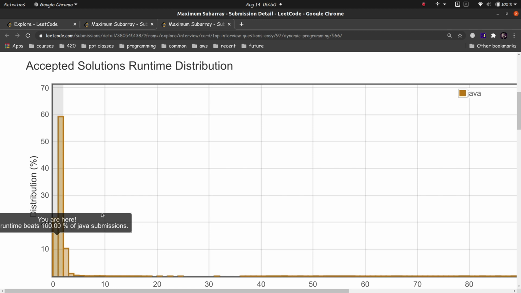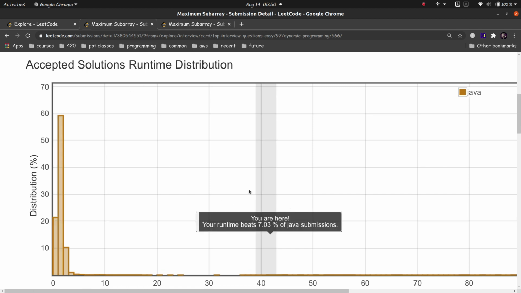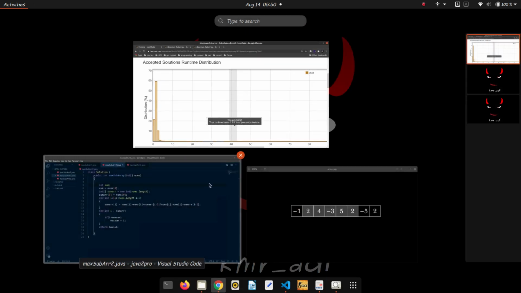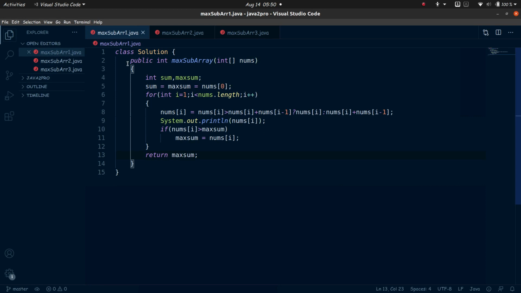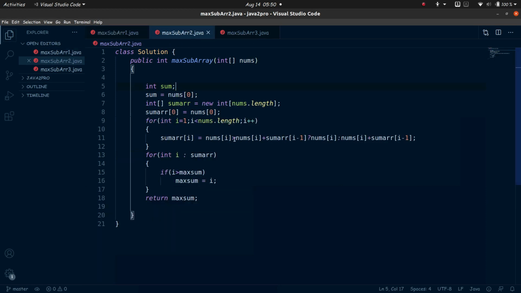So this is a good one, but this is not a standard one. I just devised it myself. So I'll show you this later. Let's go and see the standard code first. Okay, now the standard code has two variations. This is the small one, this is the easier to understand one.